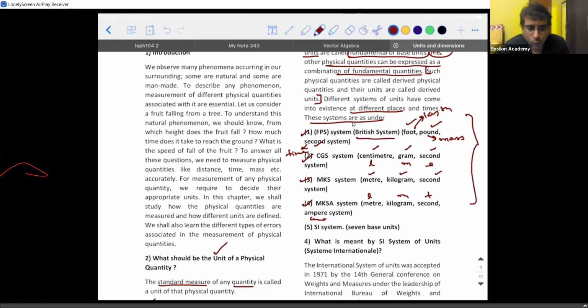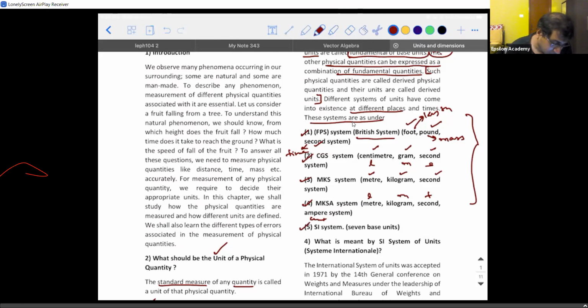So, to overcome this, it's more like a communication issue only, because they are speaking in some other language. Though foot is an English word, the language in terms of physics is completely different. So it is a communication issue that started coming into the picture. To overcome that, they formed a committee and tried to come up with one standard system of units, which we today call the SI system.